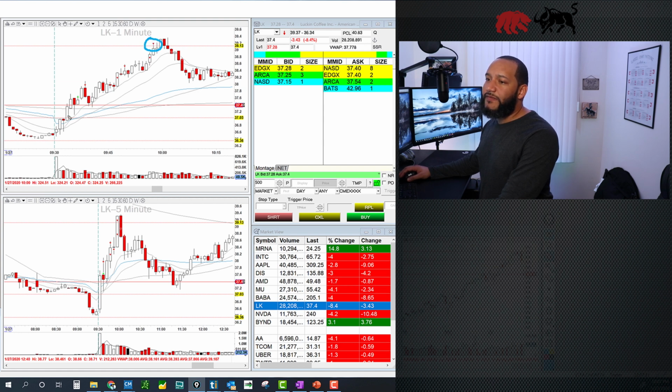Now we are very extended. We are hitting a level that we had off our daily chart. At this point, it tried to break out again. It couldn't. I took some off here once it broke the 9. So what I did here, I had about 279 shares left. So what I did was I took off 179 and left 100 just to see if we're